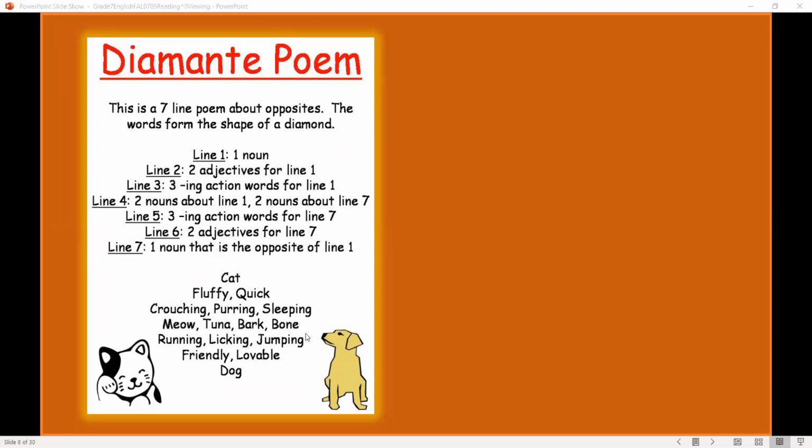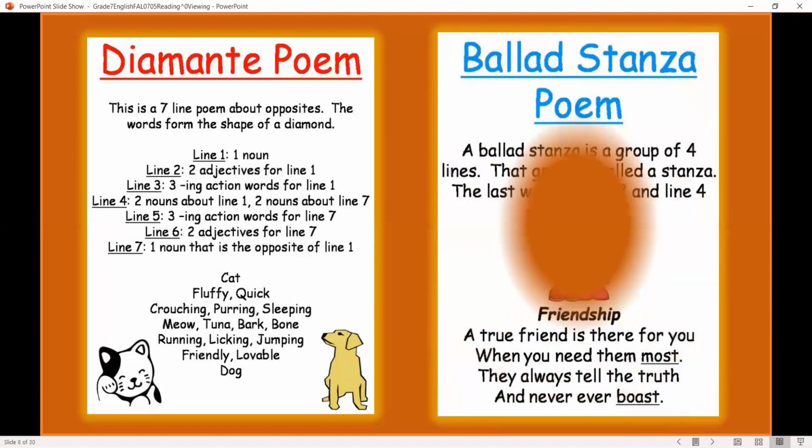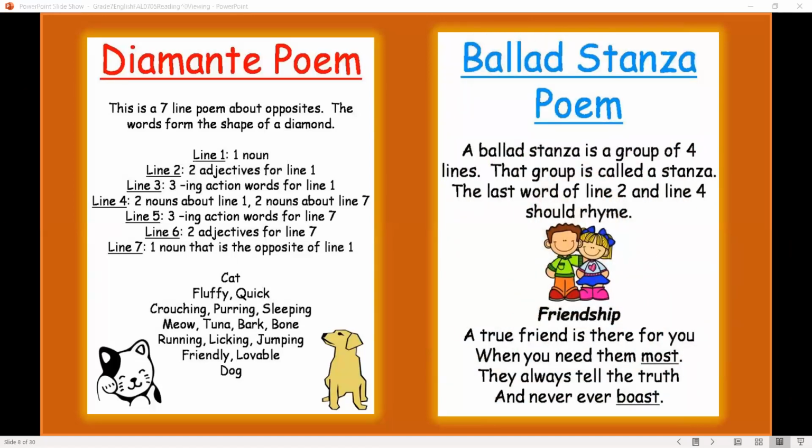This one I do think is a challenge because you've got to keep track of when you're introducing the next line 7's object. Okay. So yeah, I'd love to see if anyone can take on this challenge of a Diamante poem, because I think this is a challenge. And then you have a ballad. Yeah, a ballad stanza poem